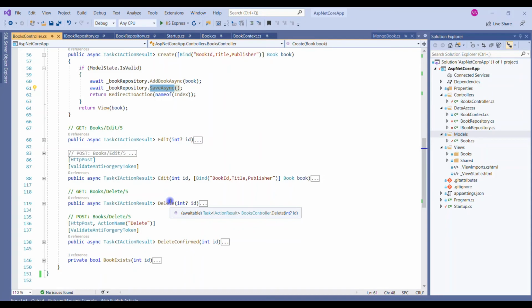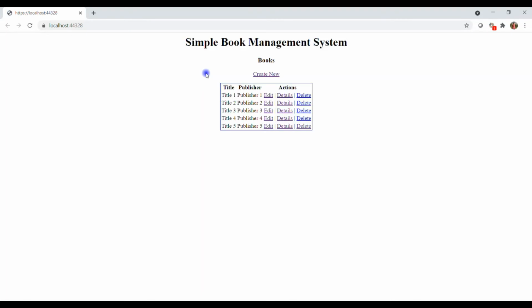I will reply as soon as possible. I hope it is clear for you now, and let me show you how it's working. Let me run this application. This application is behaving in the same way as it was working with .NET, as I explained in our last video, so you must check that. I have explained in detail why we should use dependency injection. So you can see there is a simple book management system.